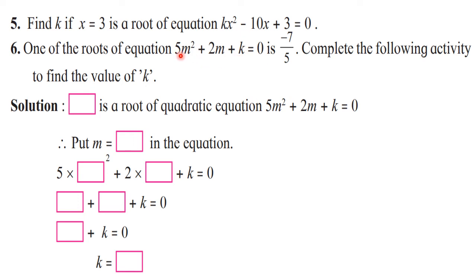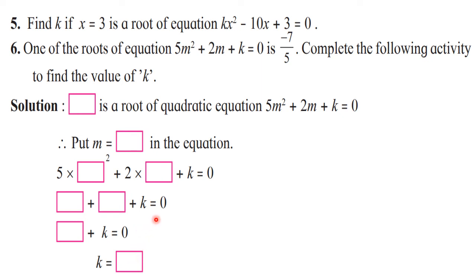Here you can see that the value of a is 5, the value of b is 2, and the value of c is k, which is unknown, which we need to find out. What they have given to us is the activity, and empty boxes are given where you need to write down the